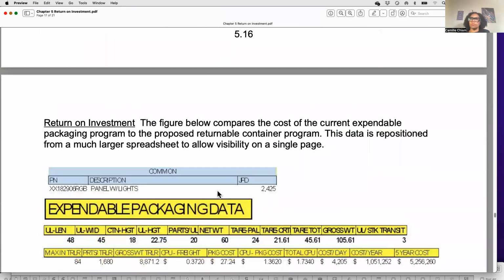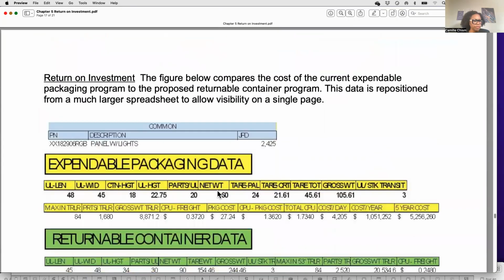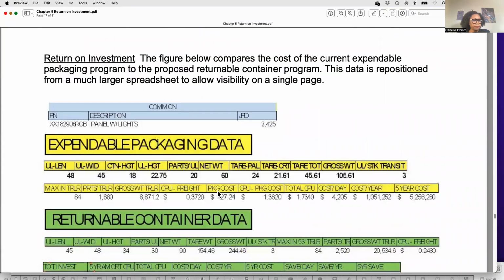Okay, so now we're going to do another example of return on investment. So for return on investment,